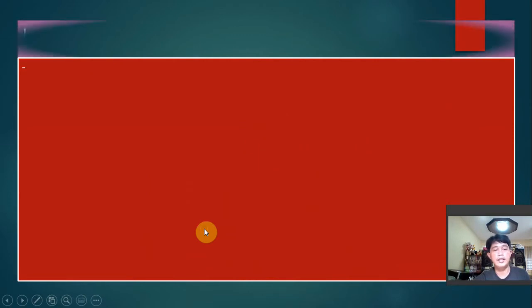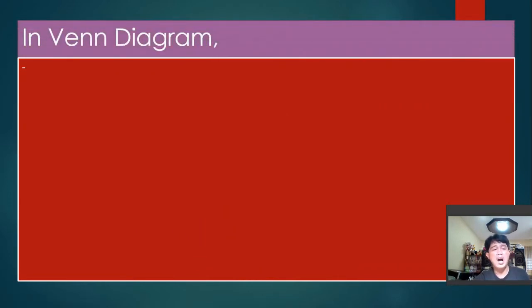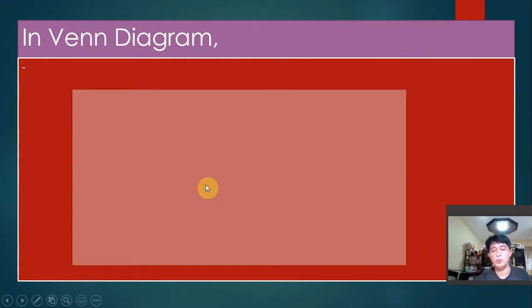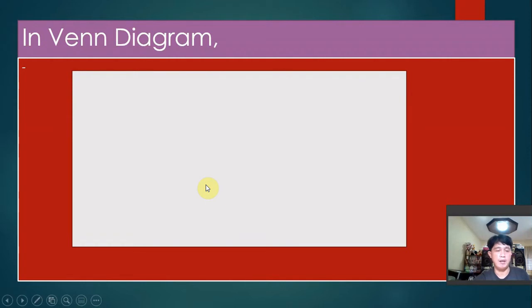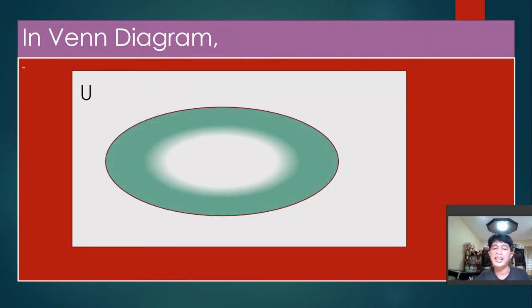Okay, another example. How are we going to represent a complement of a set in a Venn diagram? Do you still remember the Venn diagram which I told you about in the previous video? So, how will we represent the complement of a set? It is very important for us to have the U, which represents the universal set, and the set. Now suppose this oval is a set A,